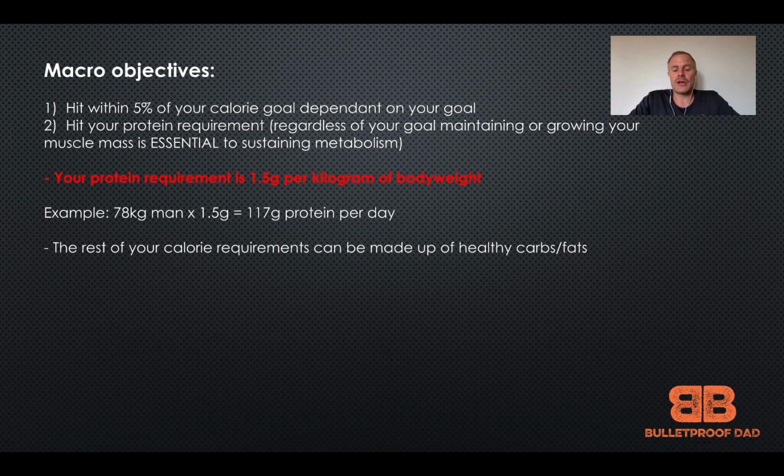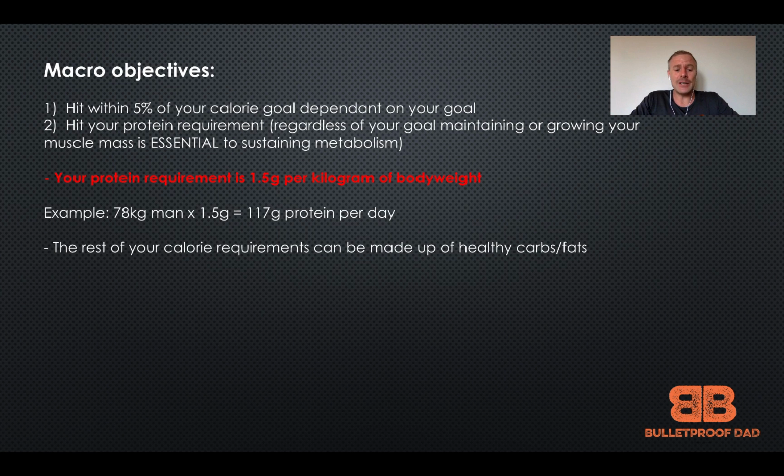The rest of the calorie requirements, whatever's made up, can be made up out of fat and carb. Your body doesn't really mind that much, you know. Remember back to energy in, energy out, okay? That's the first thing more than anything else. The composition comes next. So you've got your calories, your energy in, energy out, depending on what you want to do. Make sure you hit within 5% of that. Then on top of that, you've got your protein goal. Make sure you hit that as a second priority. The rest between fat and carb can be made up as you prefer, all right?